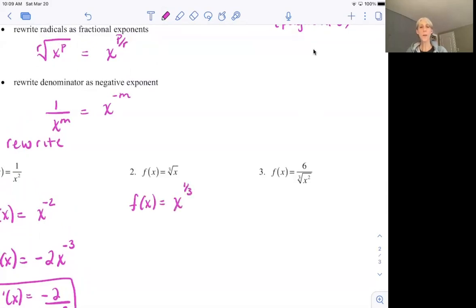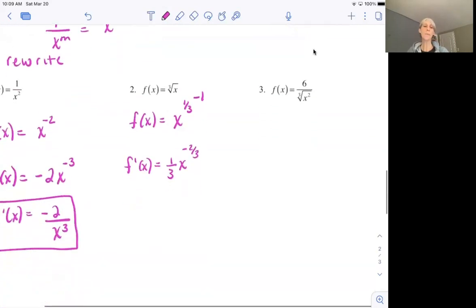So that'd be x to the 1/3. Now f prime of x is going to equal 1/3 x to the 1/3 minus 1. So 1/3 minus 3/3 is -2/3. And now, as a general rule of thumb, whenever our original function is given in a radical sign, our answer should be in a radical sign with positive powers, meaning